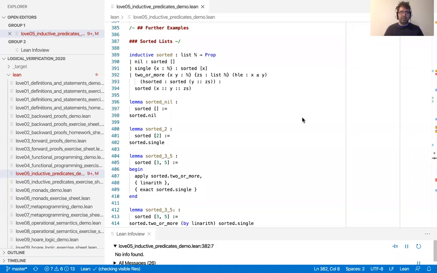Okay, and now we'll finish this lecture with a few more examples. So we started with examples, we end with examples, because I think inductive predicates, to really understand them, you have to look at examples. Also here we give the predicates, but sometimes you'll be asked to specify them yourself. So we'll give you a mathematical specification and you'll have to come up with the definition. Or we'll even just say, define a predicate that checks whether a list is sorted. Well, of course, we will not ask just that question because the answer is here,